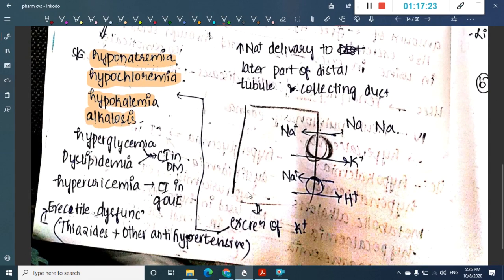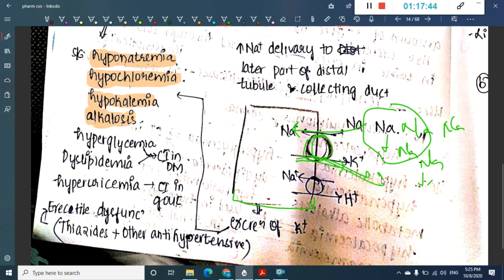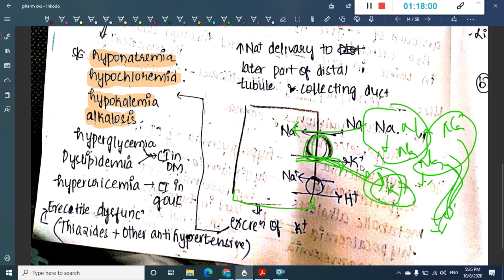So think that this is the tubule which is distal most to the previous tubule which I have said. Okay, so there is increased sodium in the urine now. This increased sodium will get absorbed by maximum capacity with the help of the sodium potassium antiport. It absorbs maximally and it produces lots and lots of potassium loss, but still some amount of sodium is excreted, because more sodium should be reabsorbed by the proximal part, but because its capacity is less, sodium is excreted, and along with that this potassium is also excreted.